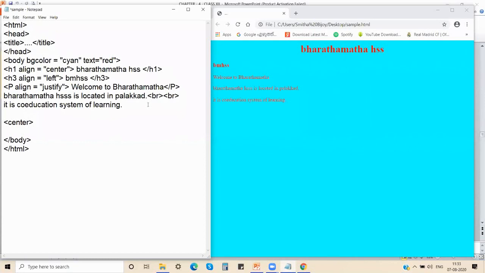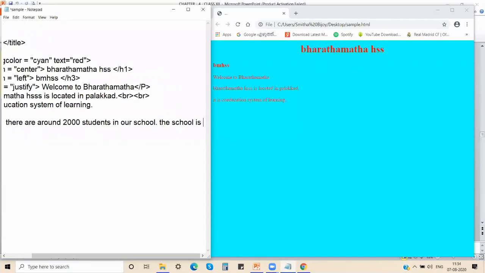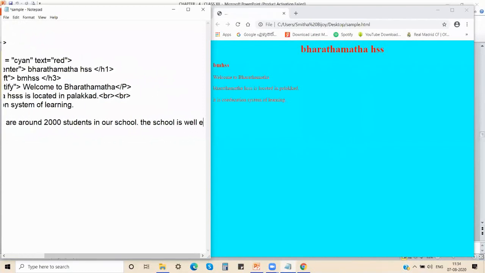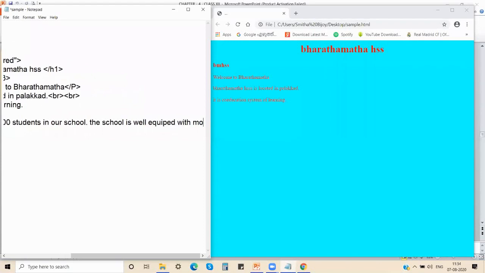There are around 2,000 students in our school. The school is well equipped with modern facilities.